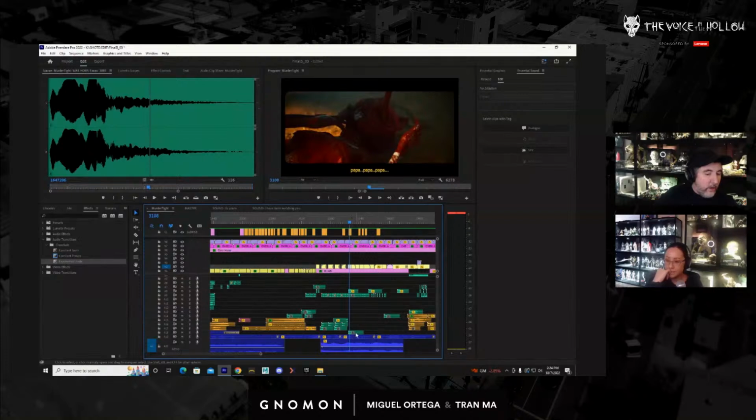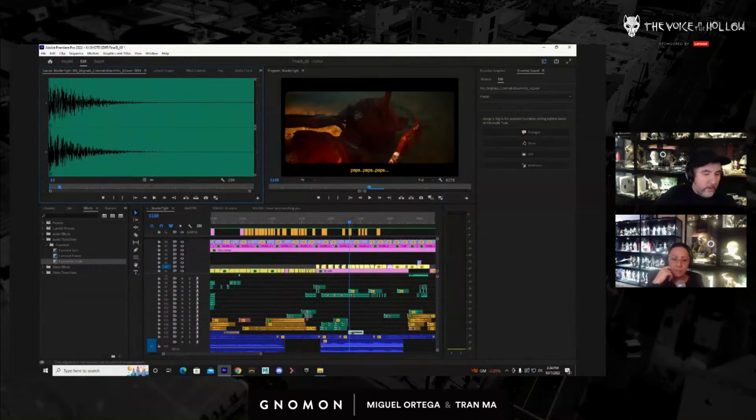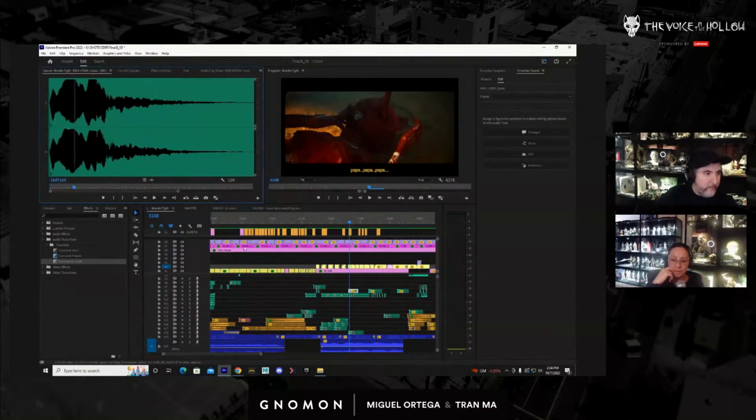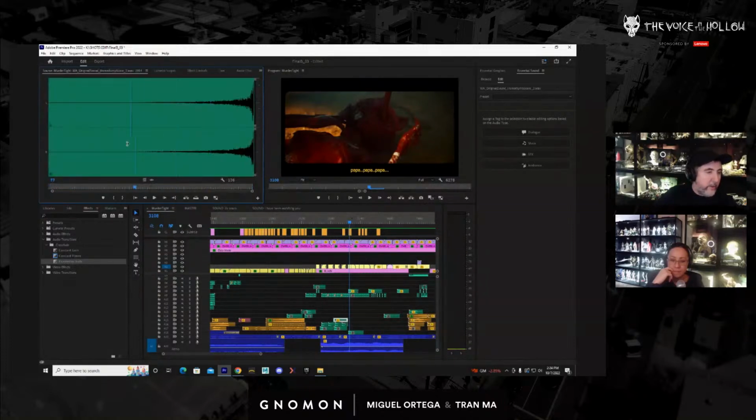Even that's our risers. Where is that? That's over here. No, that's not it. Where is it? Oh, right here. I can already tell by the waveform.